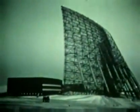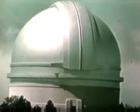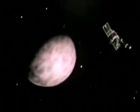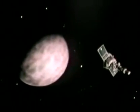Since there are no bogies on radar that can remain unknown for long, and there is no photographic evidence, let's go farther out. The expanding knowledge of what lies beyond our planet has made it respectable to speculate about the possibility of life elsewhere. But that knowledge also makes it more difficult to conceive of interstellar space vehicles. Instrumented space probes like Mariner, flying by Venus and taking pictures of the surface of Mars. Radar signals from Earth bounced off planetary surfaces and monitored on giant antennae like these have thus far tended to confirm that if there is life there at all, it is in elementary form, not the sort to construct UFOs